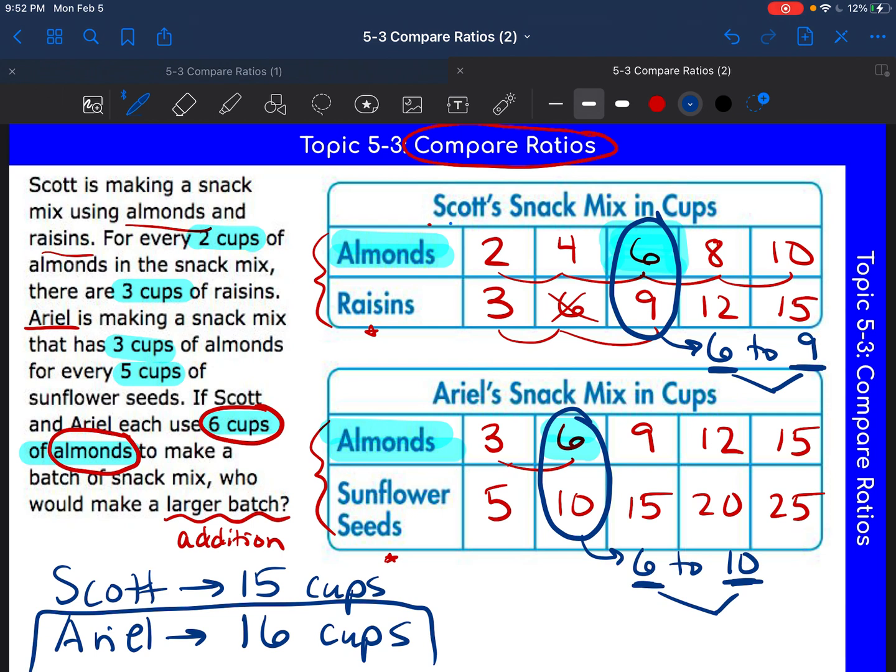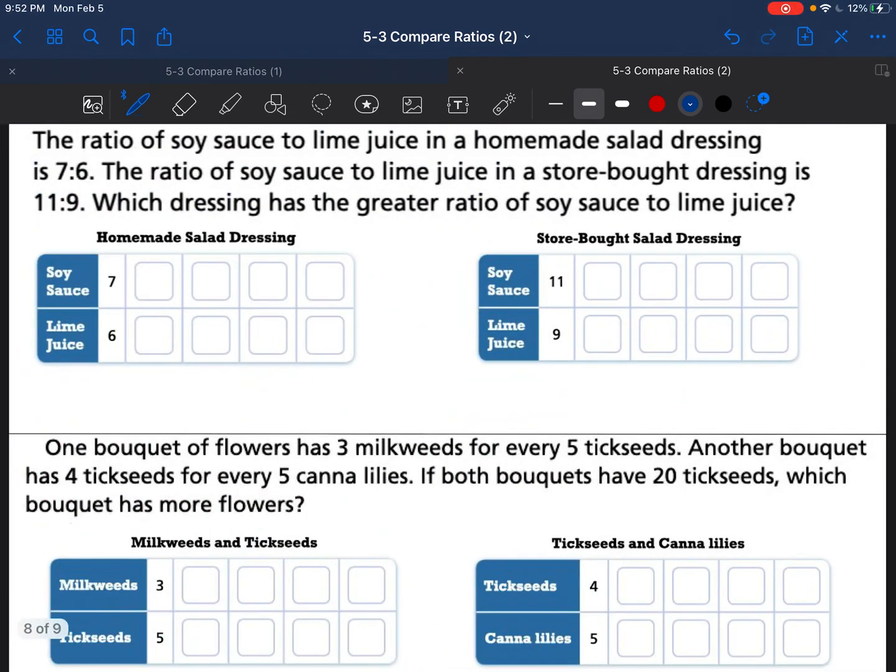So we were looking for when there are 6 cups of almonds. So that's why our eye was drawn to that 6. Now in this next example and on your paper, it's not going to give us a specific number. So let's look. It says the ratio of soy sauce to lime juice in a homemade salad dressing is 7